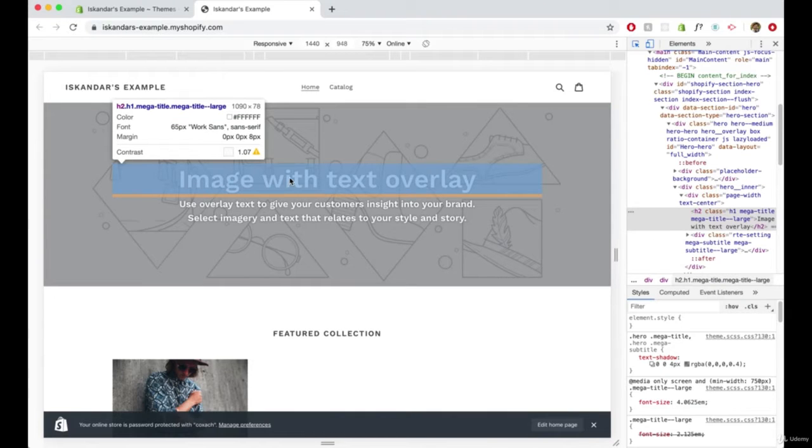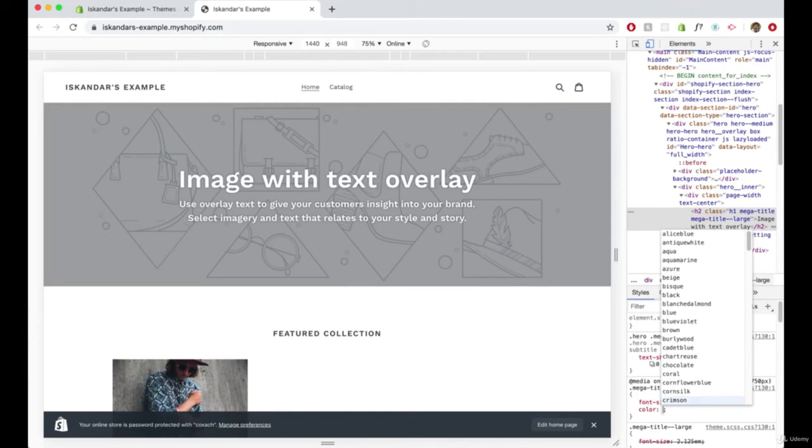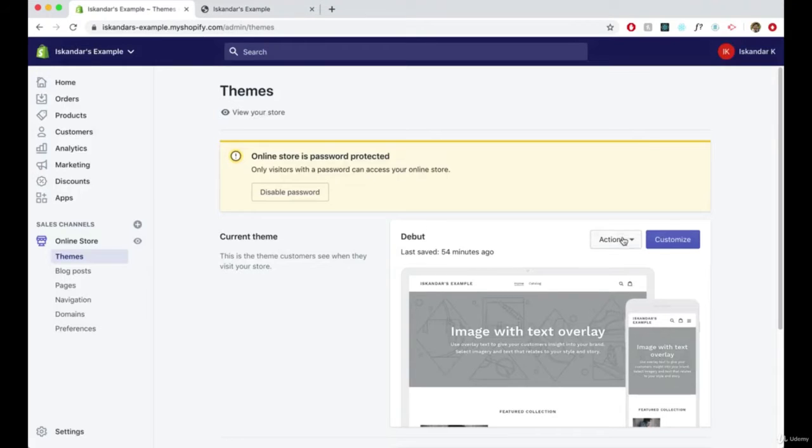So let's continue with this. If we click on this element over here, we can see that the class name is h1 mega title large. And over here we can see the styling that's applied to this element. We can give it a color, let's see, color black, and we can see it automatically changing. But whatever we do here doesn't stay on the website,